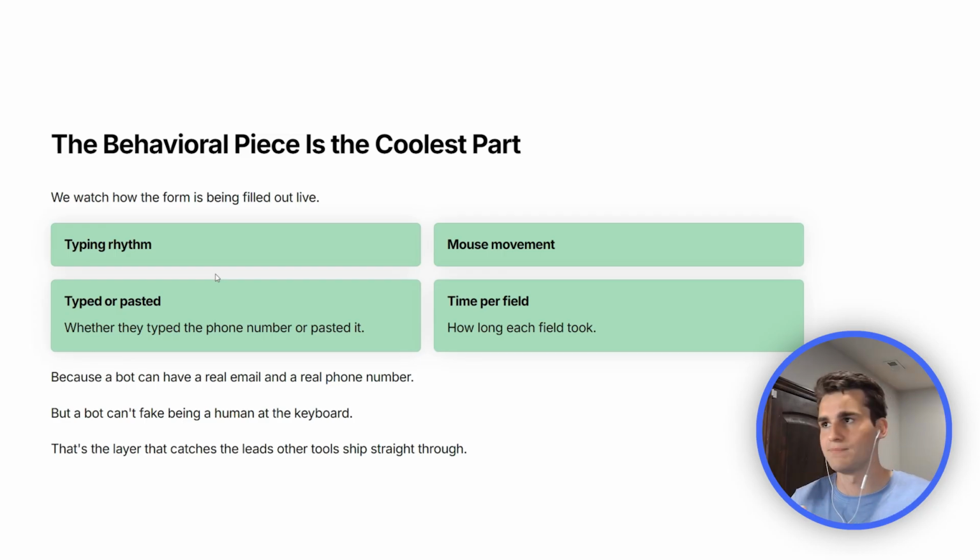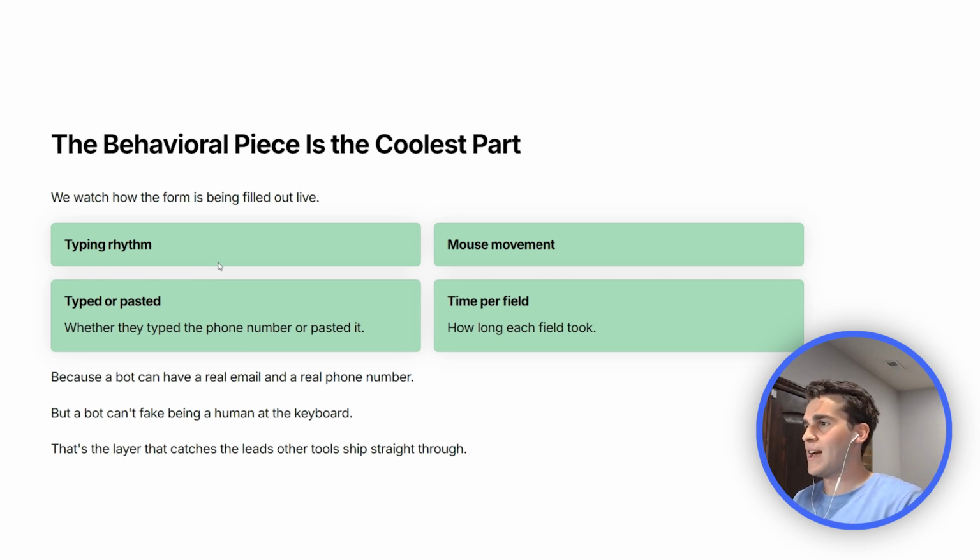Either or, not good. It tracks the mouse movement and how long you're actually on each field itself. If you actually go back to particular fields, because obviously if you're a bot, you're probably not going to be going back to fields over and over again and making sure you didn't type anything wrong. You would kind of just breeze through the form. And again, all bots are different, but it's one of the tell signs out of the multitude of signs that